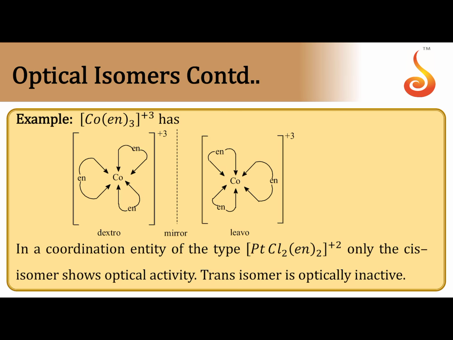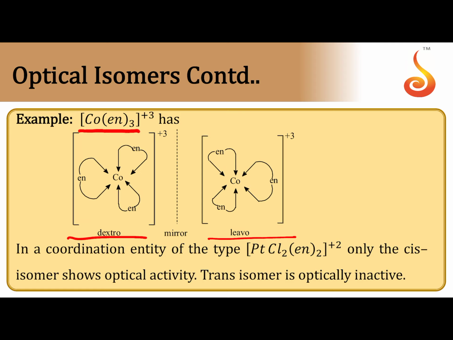Optical isomerism. These optical isomers have the same molecular formula, same properties, but they differ in rotating plane of polarized light. At the same time, optical isomers are non-superimposable molecules. So, to define optical isomers: compounds with the same molecular formula but differing in rotating plane of polarized light and non-superimposable one on another are called optical isomers. If these two isomers are exactly mirror images, they are also called enantiomers.